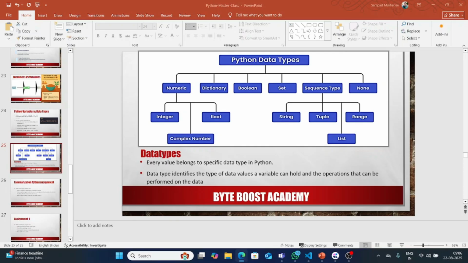So what type of data we represent is a data type. So we should remember that